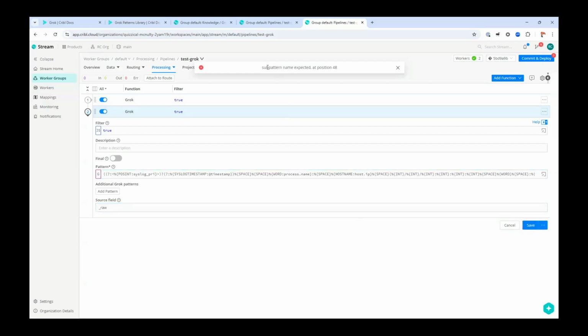Here on this one, it tells us that a subpattern name is expected, and it tells us the position, right? The number of characters in where it's at. If we scroll through here, we pretty well end up at this @ timestamp section, and it turns out it doesn't like the @ sign in this syntax. So if we remove the @ sign and just call our field name timestamp, then it's going to save that